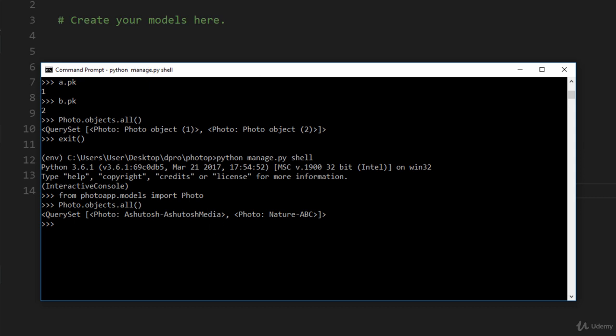Now that we are done with all these final things, let's see how we can filter out the results. Instead of getting all the objects, let's say you want to filter depending upon a particular ID. Let's say you want to get the photo whose ID is 2. In order to do that, you can type in photo dot objects dot, and instead of typing in all here, as we have to filter the results,